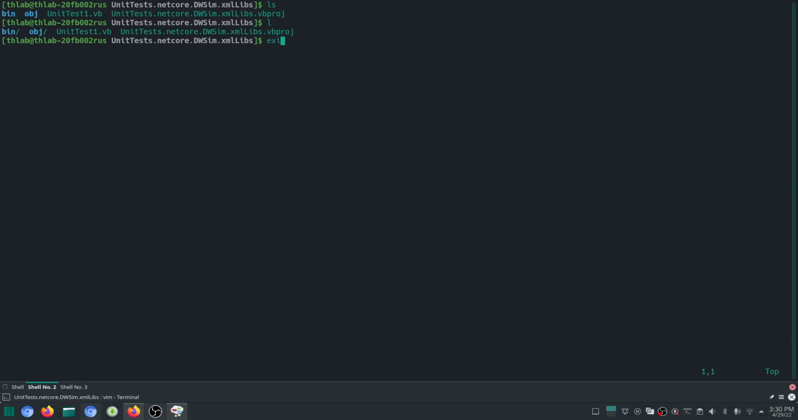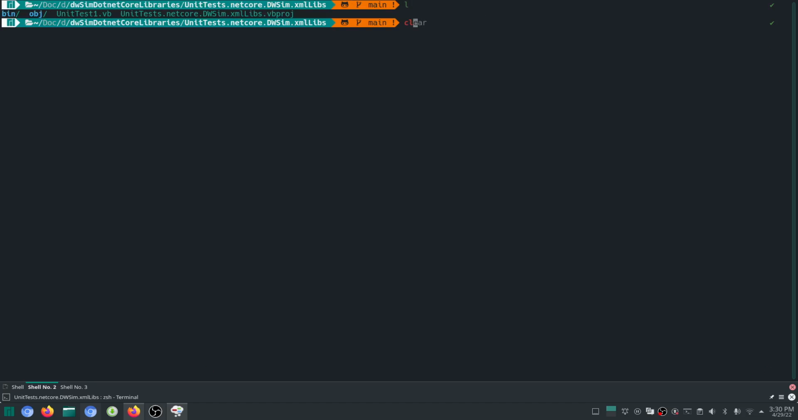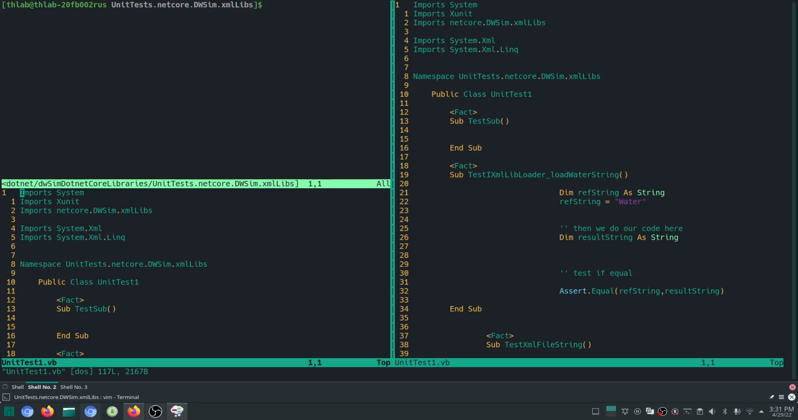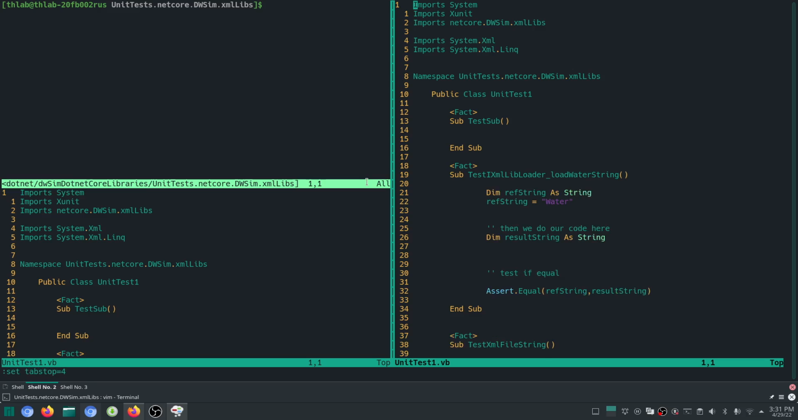Oh, exit first. Quit everything. Okay, so let's take a look at unit test 1.vb. How come I keep having this set tab shift width equals 4, set tab stop equals 4? That's better. Alright, so we have this thing right here, and the first thing we want is to have our